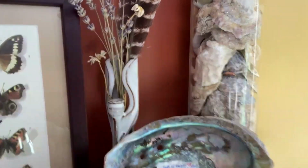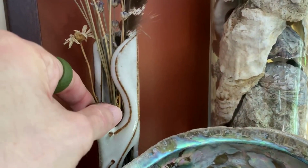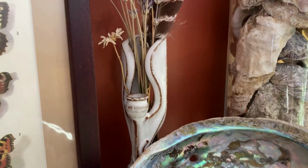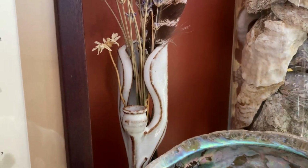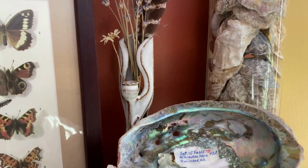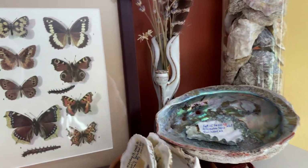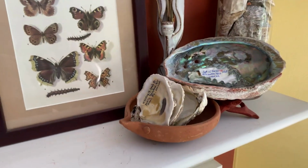So we'll start with the vase. It was this really thin piece of art pottery. Got it at an estate sale, and of course now I can't remember exactly where, but I think it was like $5. It was just an inexpensive local pottery piece, and we were specifically looking for things to put on his mantle. So I wanted it because it was narrow, and it actually fit really nicely